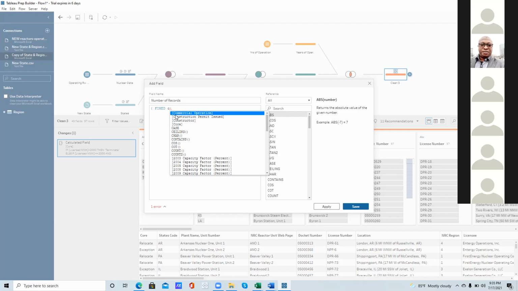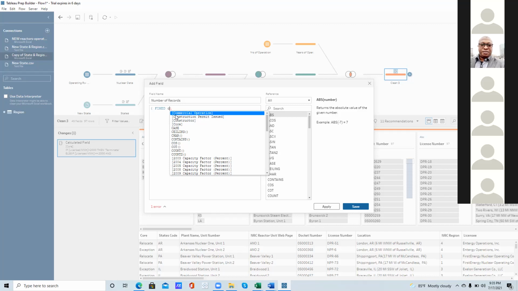At the report level, you can just do count D. But because this calculation is at the data source level, you have to specify a level of detail, LOD. If you don't understand the LOD, you can leave it and do your count D at the report level. It's still the same.